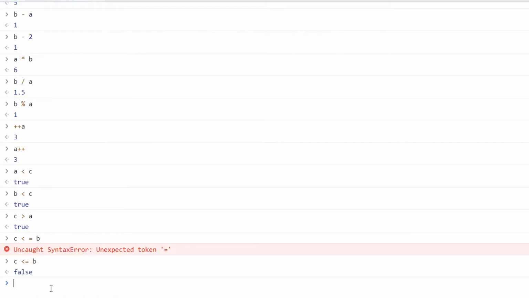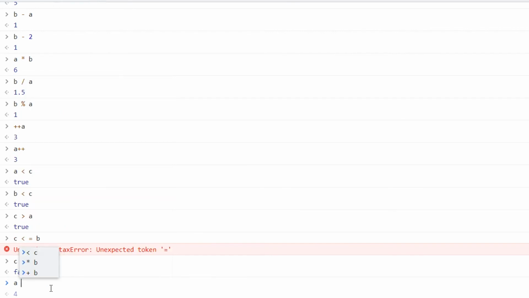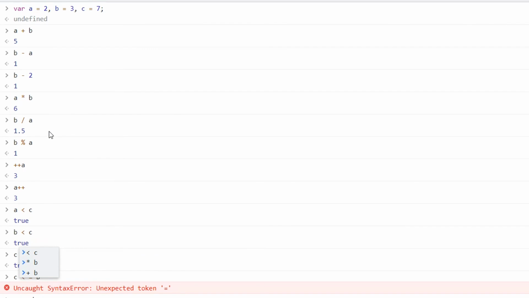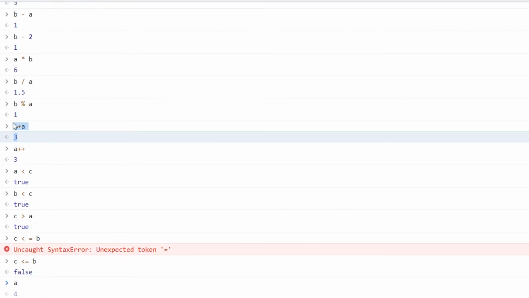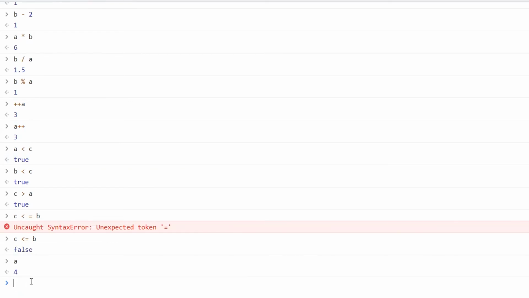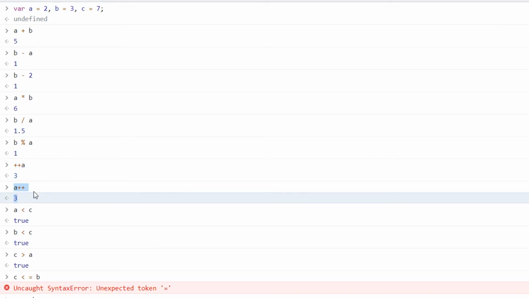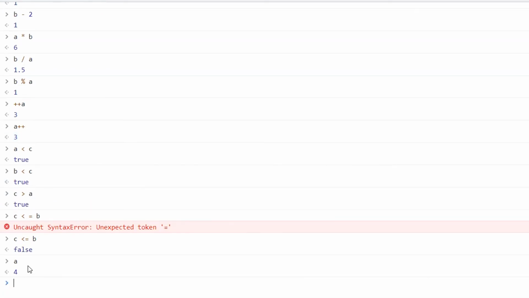Next are our logical operators. If you know about Boolean logic, then you must have heard about logical AND, logical OR, logical XOR, and logical NOT. We can do the same here also. Suppose I want to do logical AND between A, which is 3, and, because here we have incremented, wait, let's check the value of A. It is 4 because we have incremented it twice. Its value was 2 initially when we defined it, then incremented to 3, and then incremented again to 4, but the value returned here was 3 itself because this is a post-increment. Just remember that. Now the value of A is 4.